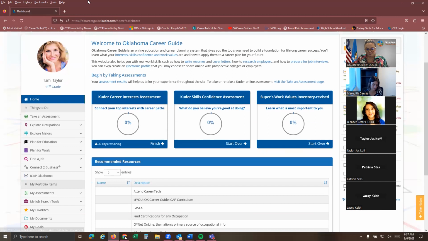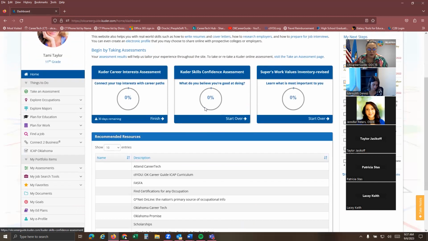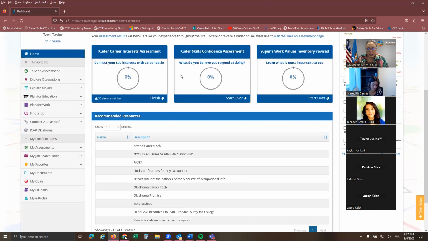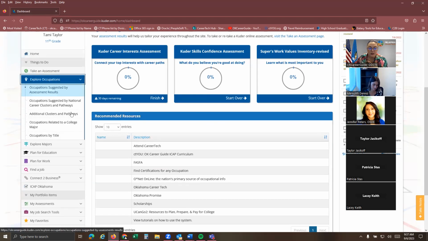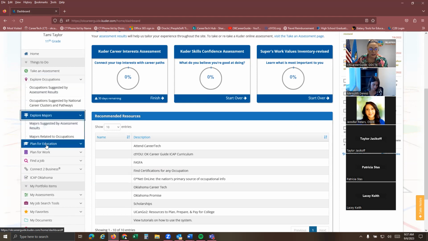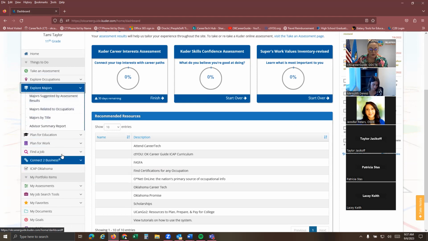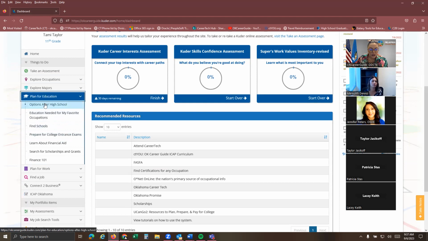Alrighty, moving forward, a couple of things I want to show you that go along with students as they complete their ICAP progress: students can actually go and explore occupations. They can explore majors. They can plan for education here, and that includes financial aid, Finance 101, searching for scholarships and grants.